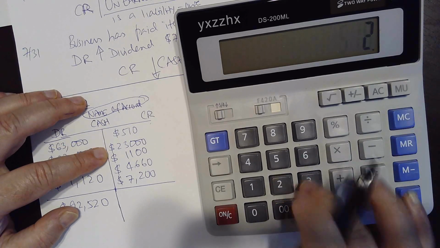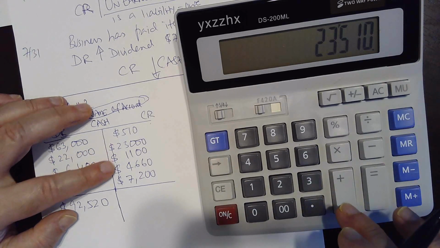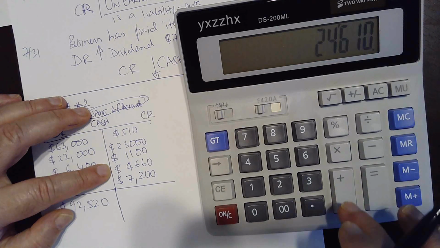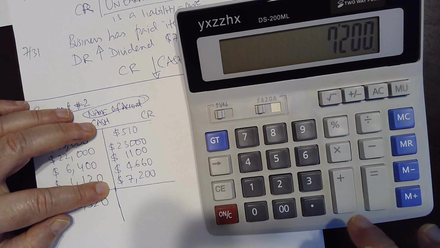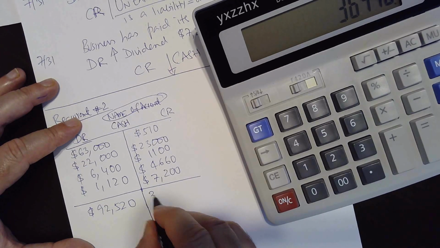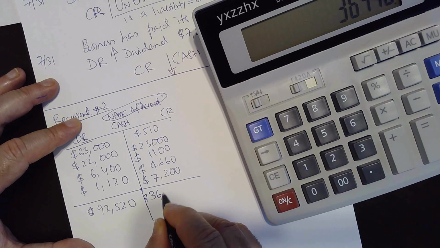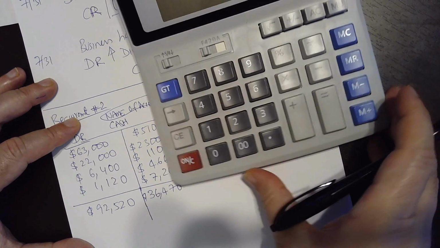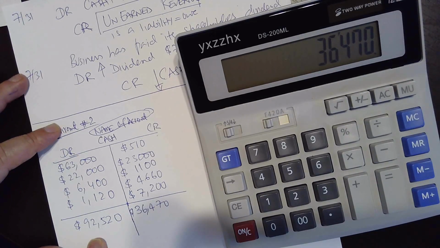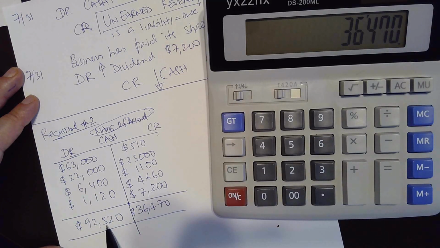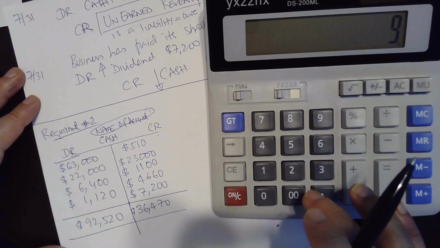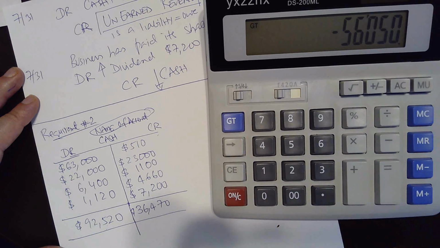510 plus 23,000, 1,100, 4,660, and 7,200, and you have $36,470. All right. So what you need to do, you have 92,520, and you subtract from whichever side is bigger. So the debit side is bigger, so you take the debit side and you subtract credit from there. So 92,520 minus 36,470, and the answer is